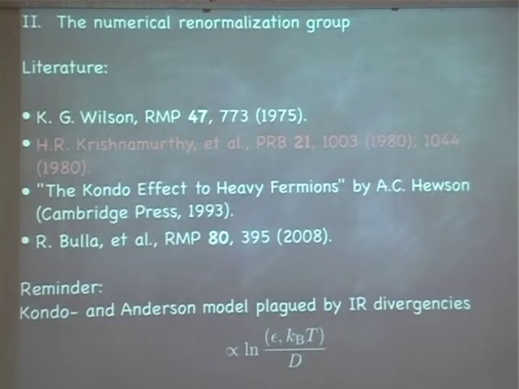Okay, so let's go to the numerical renormalization group, and now I have to hurry up a little bit. There are several papers you can read. The original RMP by Ken Wilson is very nice. You learn a lot of mathematics, also function theory, there. I can just recommend it. Then there is the paper by HKW, which really did the application of this technique to the Anderson impurity model. There are two papers from 1980. And in fact, if you want to use that method, I can only recommend that you take that paper, take the equations, code them, and run it. That works. I did it that way. This is a wonderful paper, and anything you want to know about the energy is already written in there.